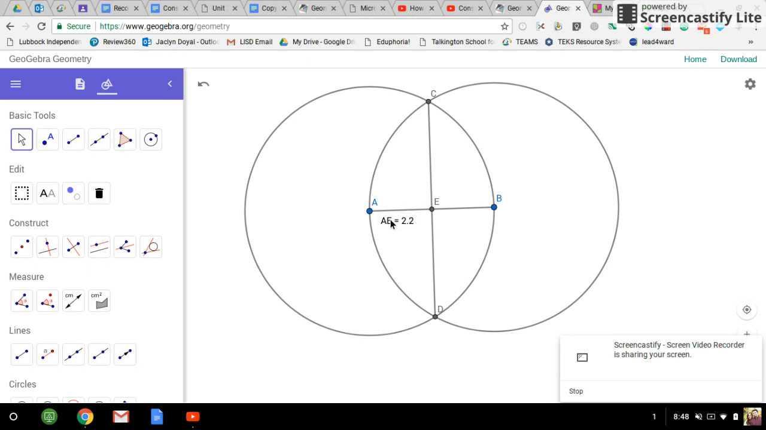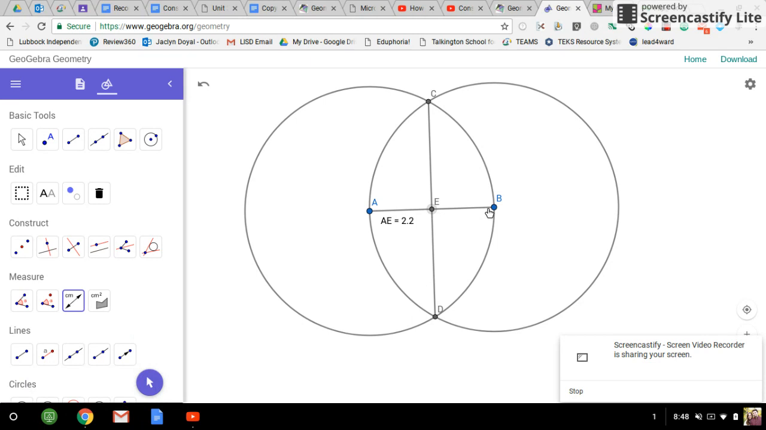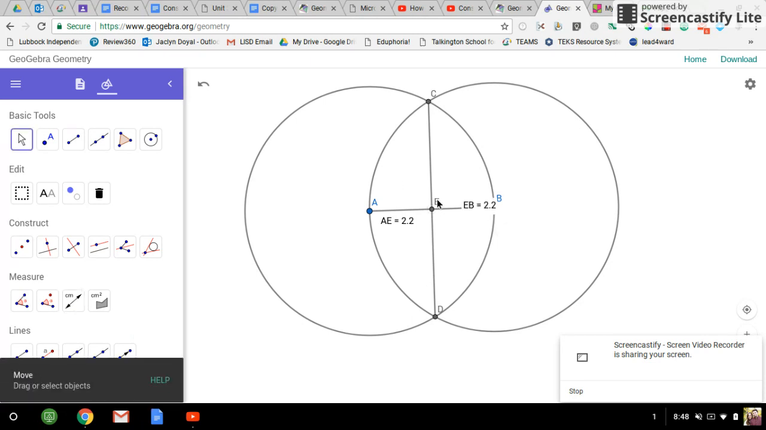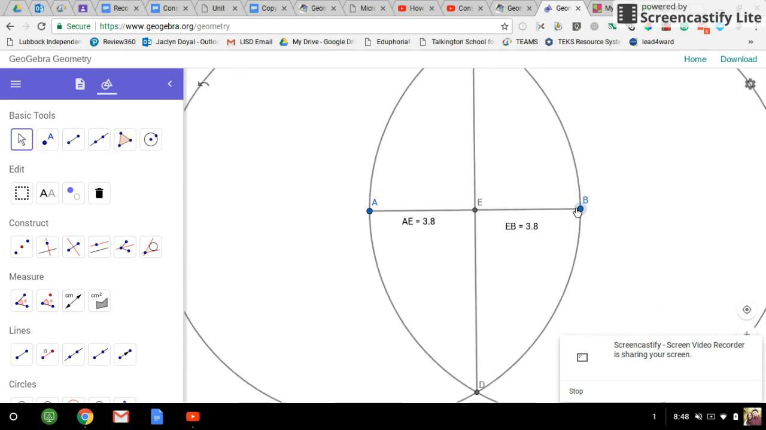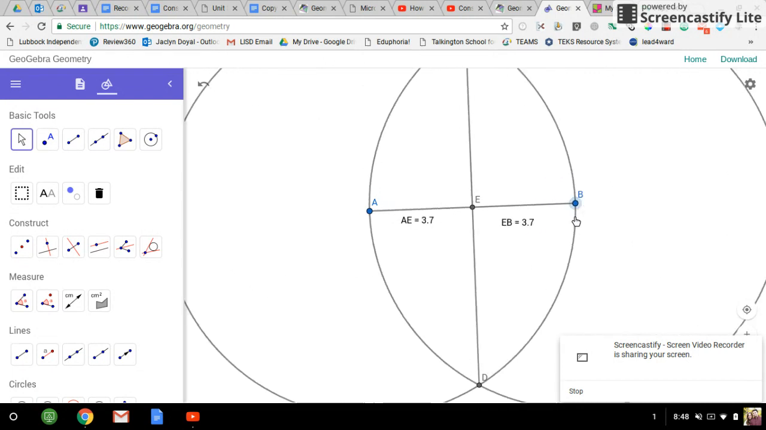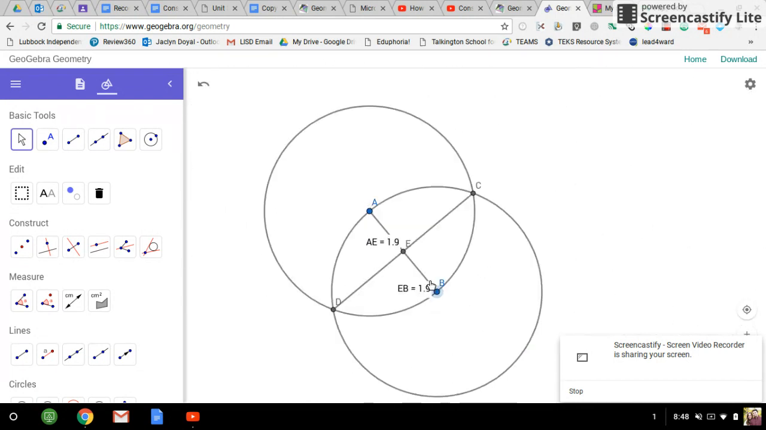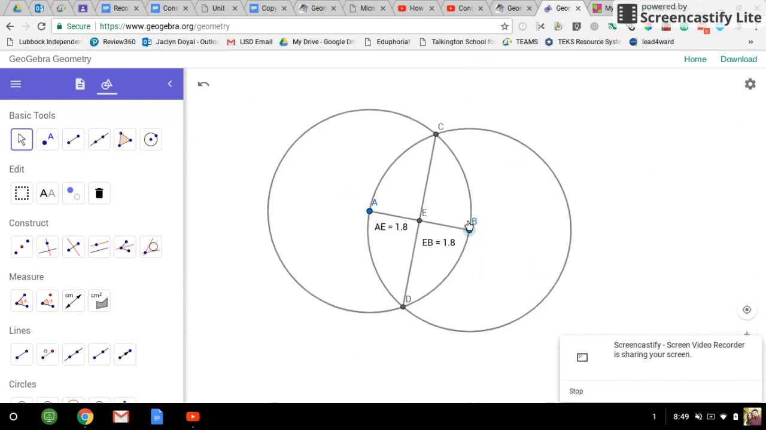I'm going to drag this over so we can see, and then I'm going to measure the segment EB and see that they will be the same length. So EB is also 2.2 centimeters. So we know that line segment CD bisects line segment AB. We can even see if we change the size of our figure that those lengths still stay the same length because we constructed a perpendicular bisector. So you can play around with it and see that they are still the same lengths no matter where you